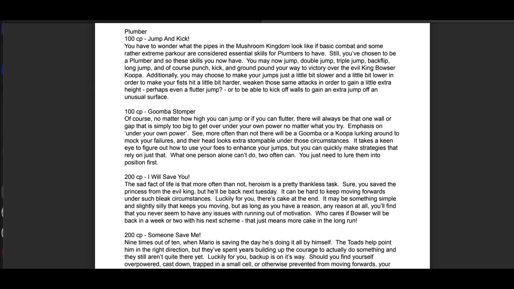Jump and Kick is a combat and parkour type perk that makes it so that the raw physical things that Mario in Mario 64 could do are things that your jumper can do. That is very important, and I believe that when Luciano was designing their build, they looked at the perks as well as the origins in advance, and that this was the perk that made them realize that they wanted to